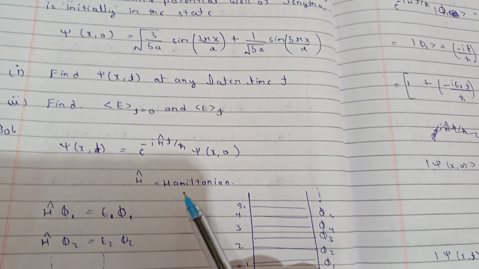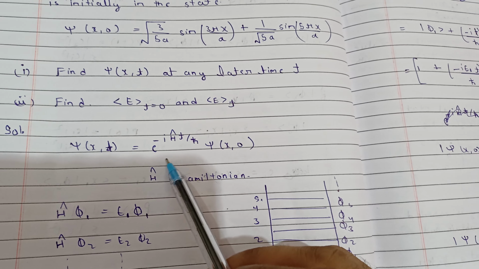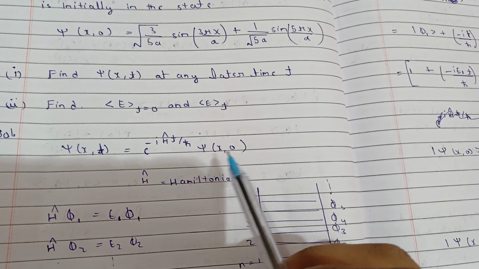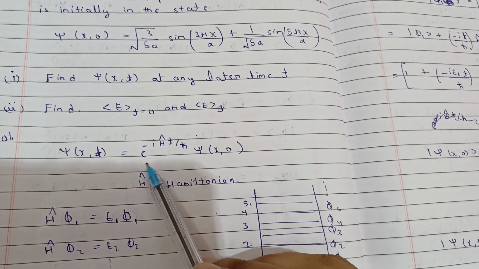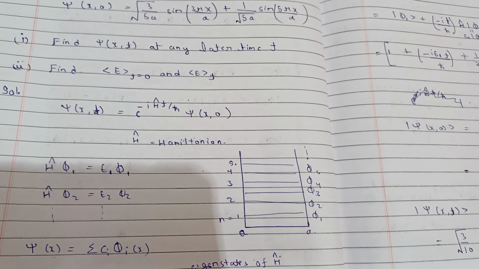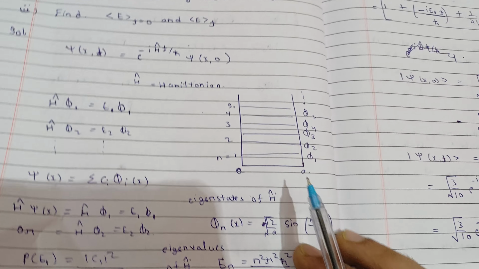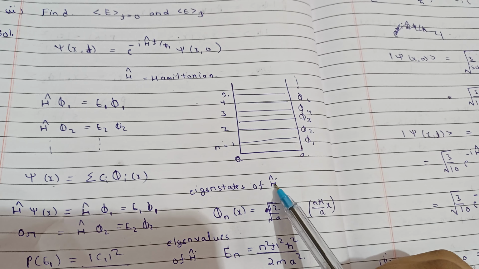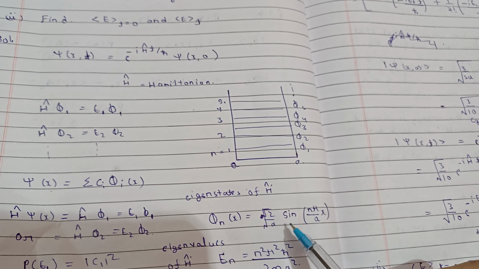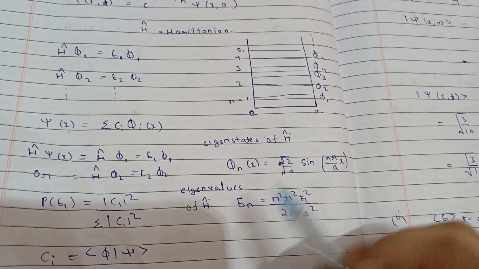We know from the time evolution that we studied that the wave function at any particular time can be given by this formula: exponential of minus i H t divided by h cut, where H is the Hamiltonian operator, acting on your initial wave function. Operating this on the initial state will give you your wave function at any time t. The energy eigenstate for the Hamiltonian is given by phi n of x equal to root 2 by a sin n pi x by a. This is for the infinite potential box, meaning a 1D particle in a box, and the energy eigenvalues are these.